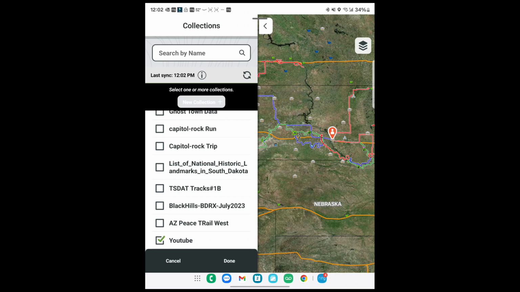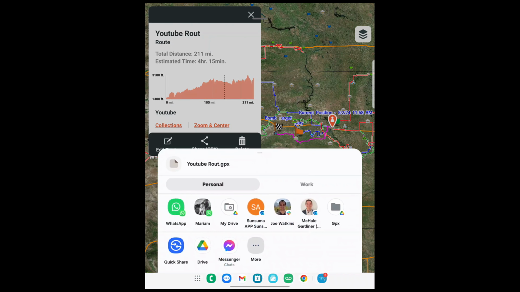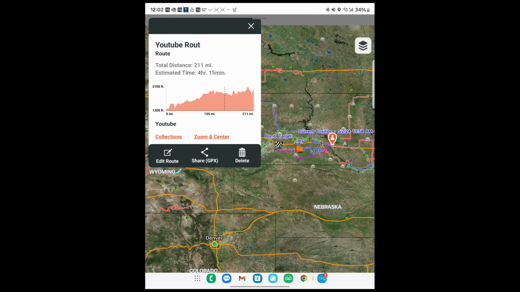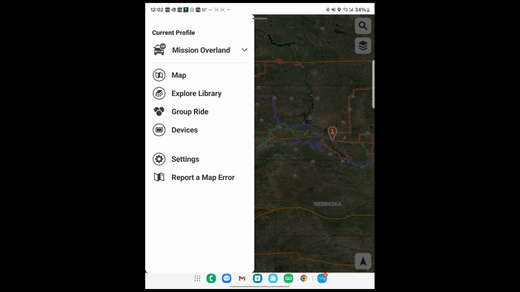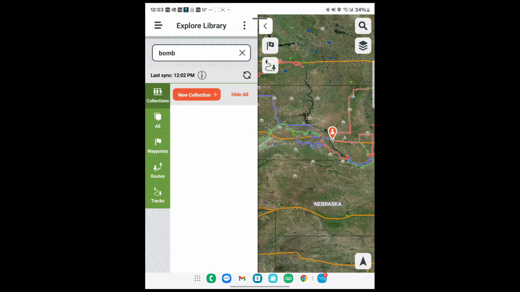That's a collection I have. I can also add a new collection. This will sync up to those collections as you go and as you set that up. Hit done, and it's saved. Now, I can share this GPX with other people if I want to. I don't have to. I can go back in and edit this route. But we can save this as YouTube route, and it's saved now going out to my collections. Let's see if it's saved yet. Sometimes it takes a little bit, so I'm not expecting this to save, but sometimes I've been surprised. So let's go into our collections.